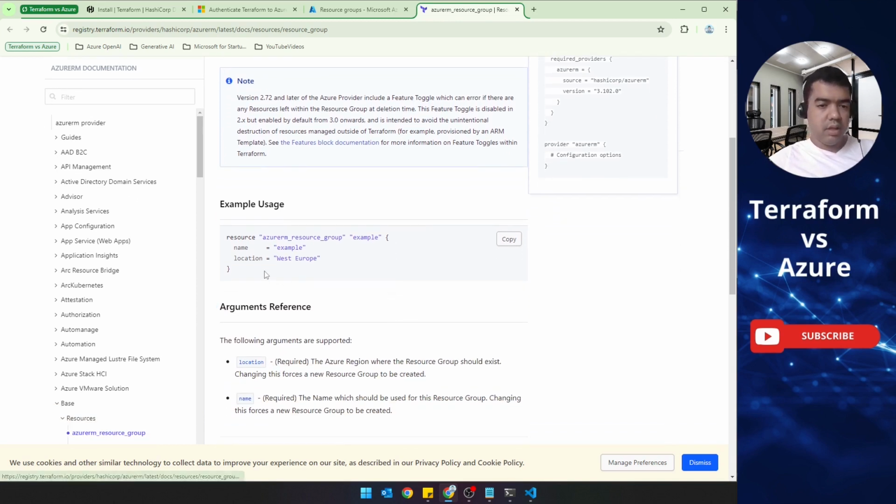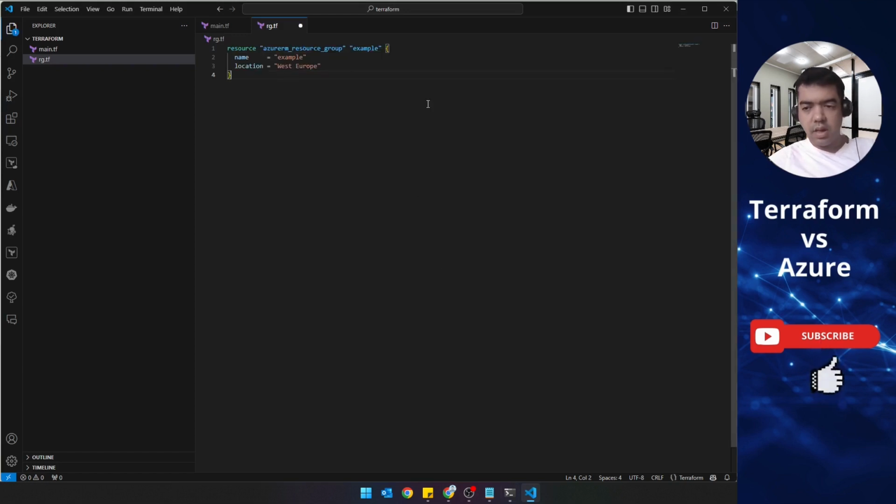Copy this content and rename it to rg_example.